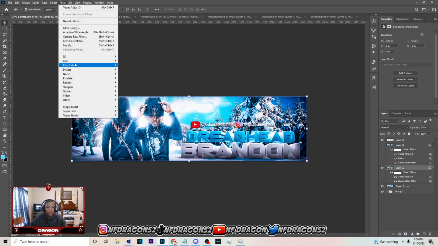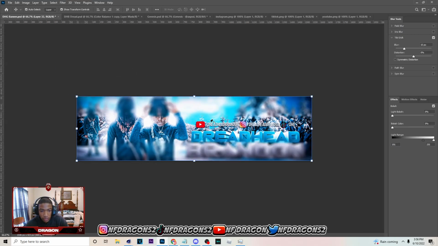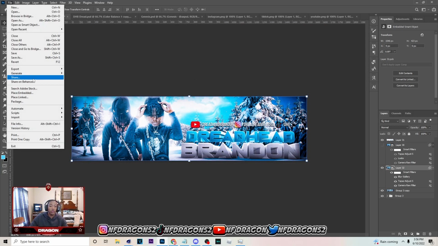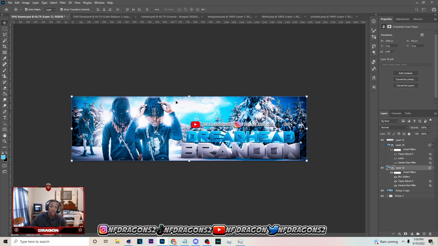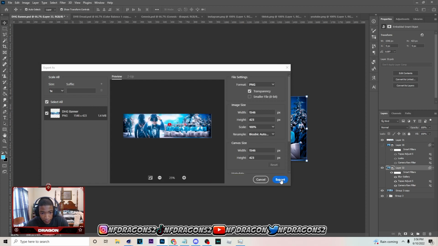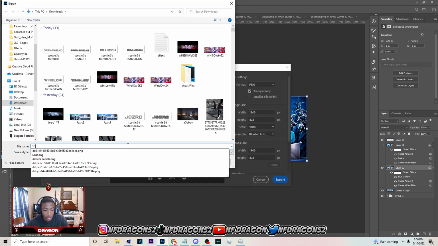And then I'm gonna go to filter, blur, gallery, tilt shift. I know some good tutorials on how to use this, so if you really want to figure out how to use this well, go look at somebody else's tutorial. But yeah, do something like that. And then you just want to go to file, export as, and click export. Now name this DD photo,